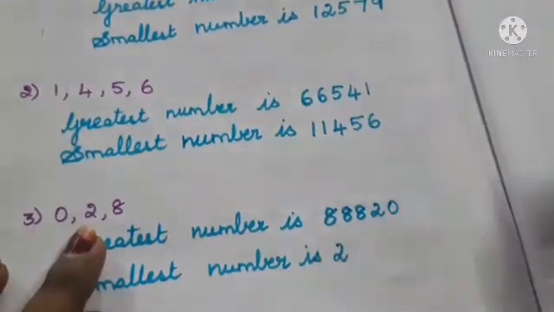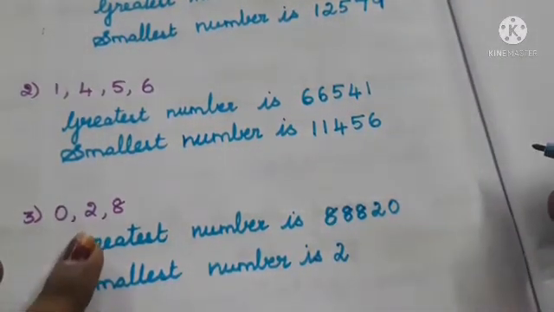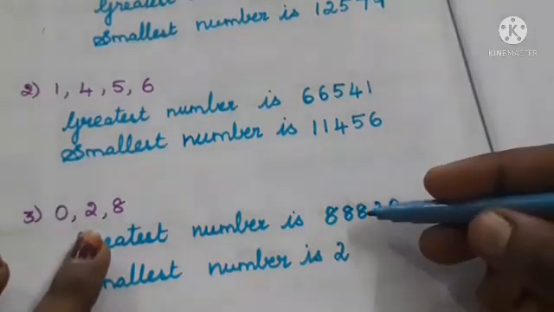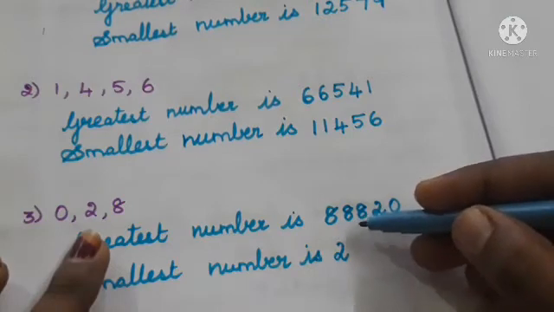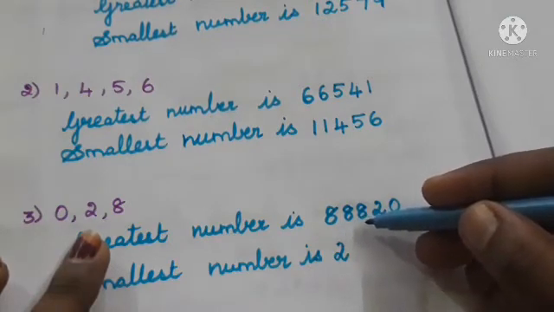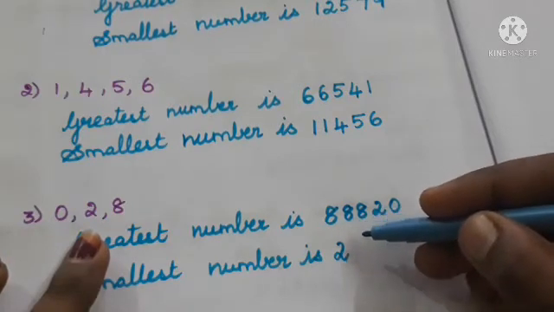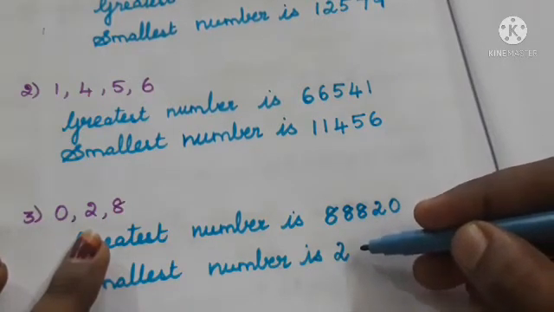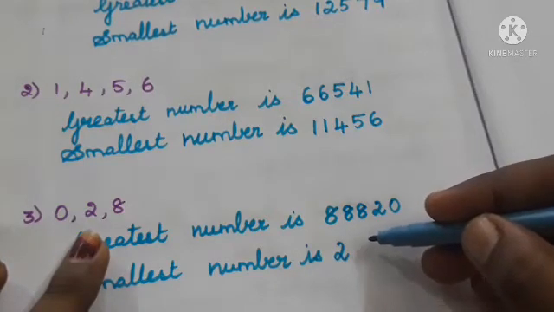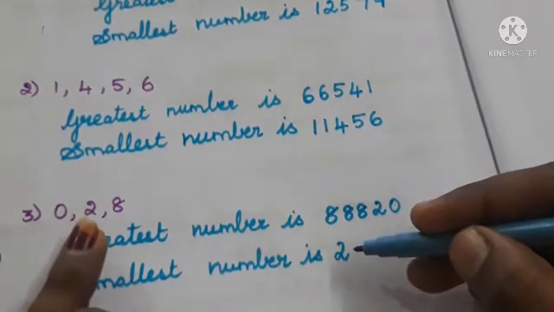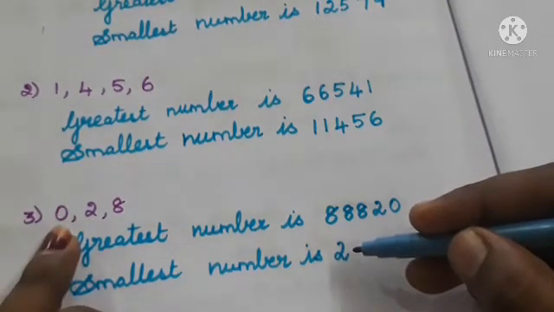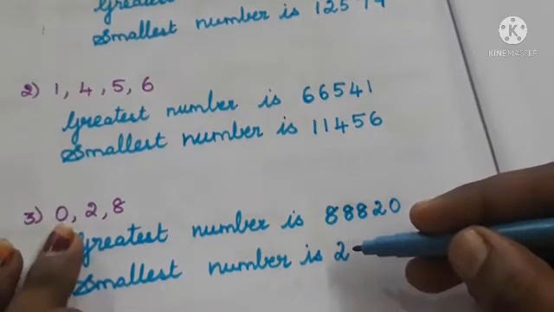Okay, so we have written 2. One thing you have to remember, listen: in the greatest number we repeated the digit 8, that is the greatest number. So we have to repeat the digit 8 for 3 times. But here don't repeat the 2 for 3 times, because 2 is not the smallest number here. Only 0 is the smallest, isn't it? So we have to repeat the 0 only. How many times do we need? Likewise we have to repeat.